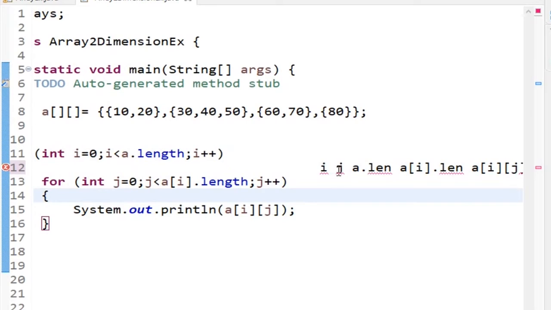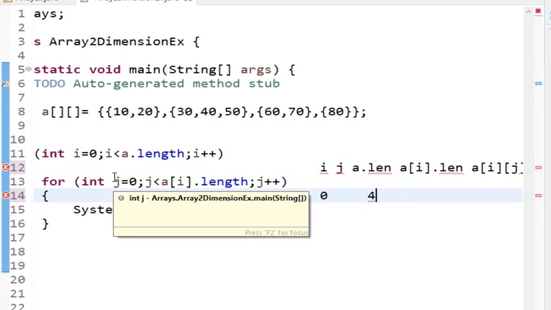So see here. Initially what is the value of I here? 0. What is the a dot length? 1, this is one subarray, 2, 3, 4. So here a dot length is 4. Now it will come here, 0 less than 4. Condition was true, so it will enter into the loop.